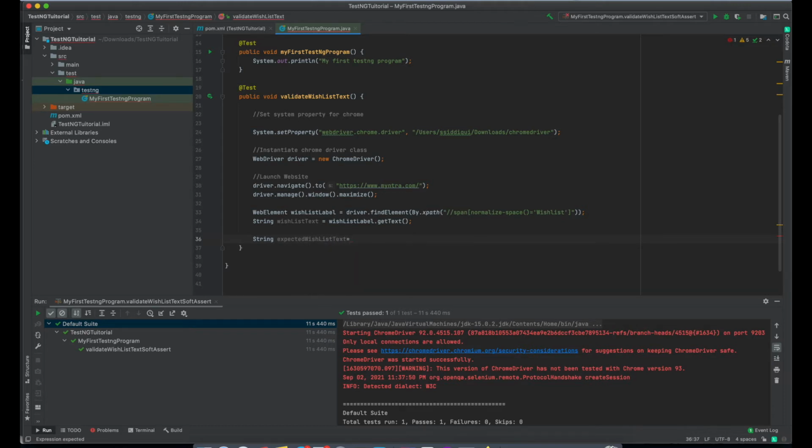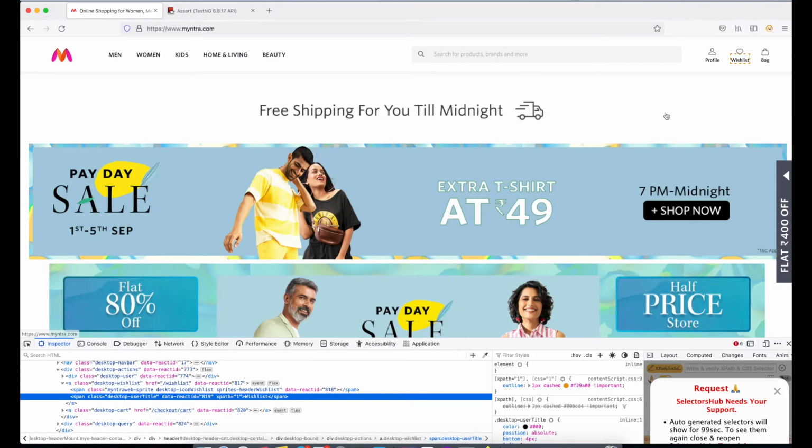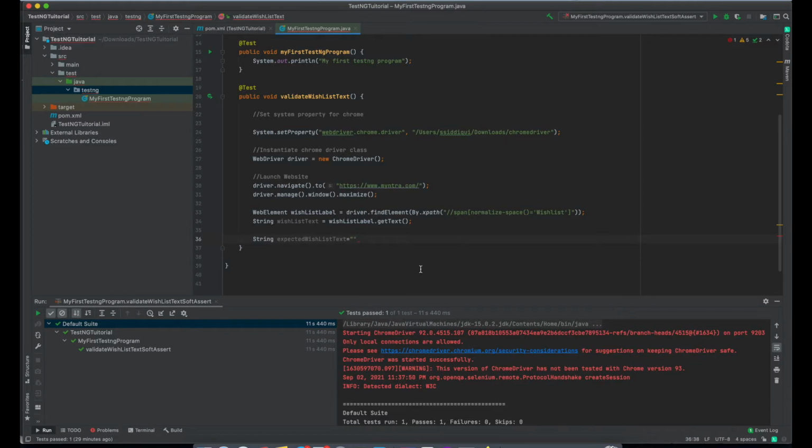So what is my expected wish list text? Let us go here and see what the text is. Okay, so the text is wish list. So I will just write wish list.